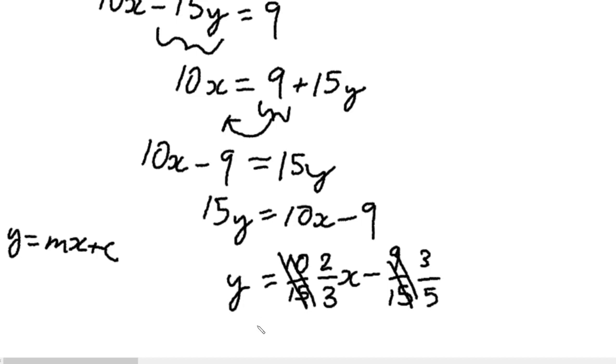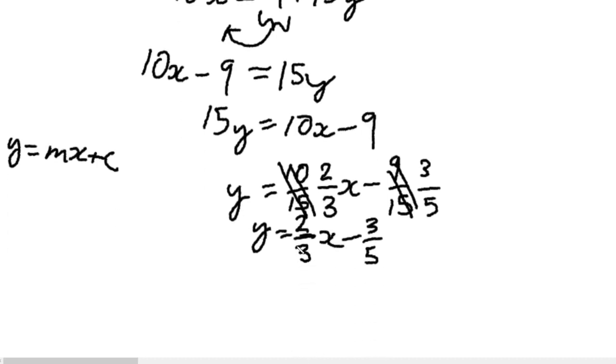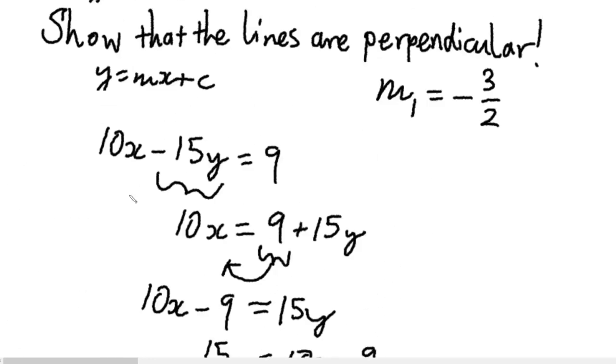So you have your equation, y is positive 2 over 3x minus 3 over 5. And you can tell from this equation of the line that the gradient is 2 over 3. So this is line 2, and we know that the gradient of line 2, which we'll call m2, is equal to 2 over 3. And again, if you were using the formula that I showed you how I made up at the start of this video, it would be